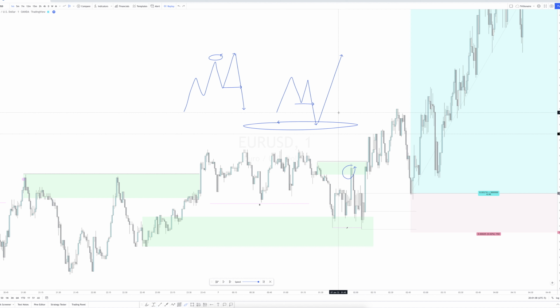So back to the breakdown, because like I said, I'll get off topic. So we have that sweep of liquidity with this wick to the downside. I want you guys to pay attention to wicks. Wicks are very, very important when you are trading. Remember,